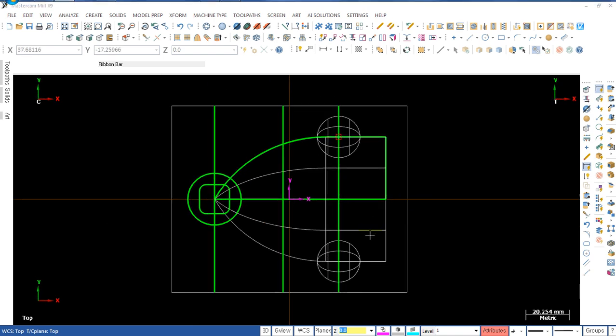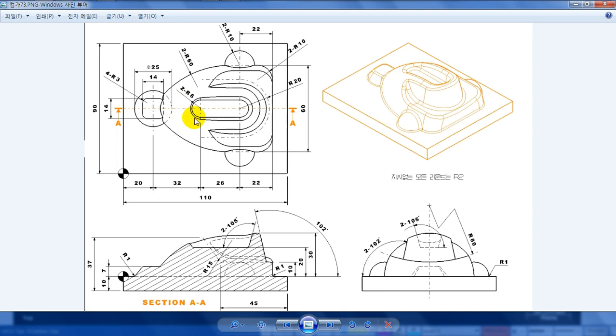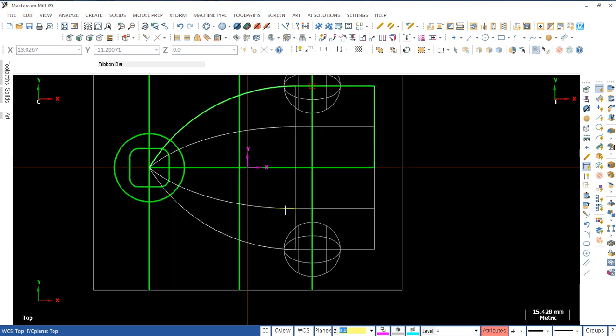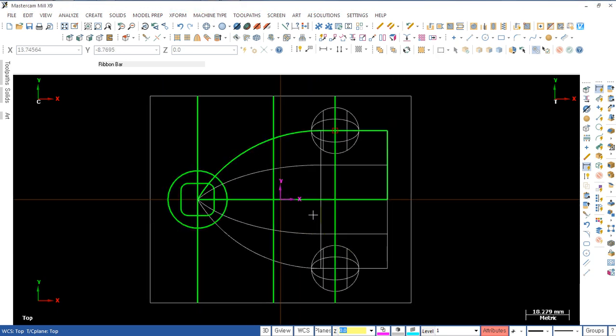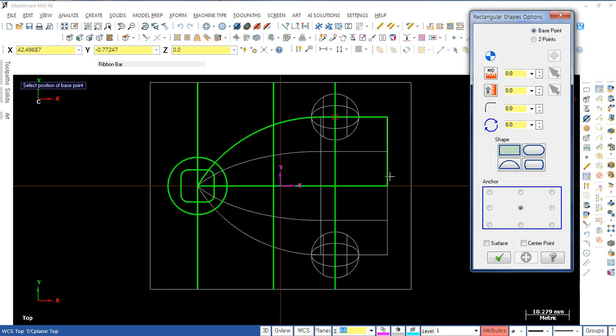Top view. So I will make a slot. I will sketch two slots here, a small one and a bigger one. So 26 plus 40 and height 40, and the form is round, and